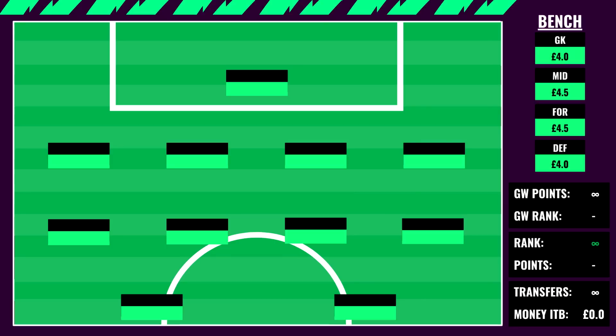So starting off with the bench is pretty predictable here. I predicted it with the 4.0 defender, that's going to be Neco Williams. The 4.5 forward, not too many options there, but the 4.5 midfielder, we've actually been blessed with a couple of great options. So in terms of the bench prediction, I got that bang on the money, and also the 4-4-2 formation. I don't know why, I just love a 4-4-2. I don't really know if it's coming from my FIFA background, but generally this offers a lot of flexibility going into